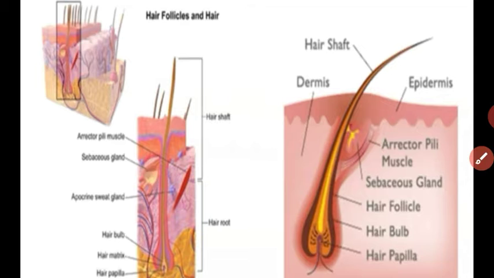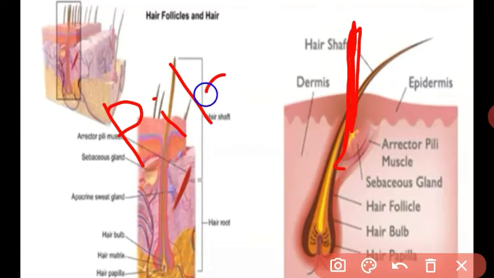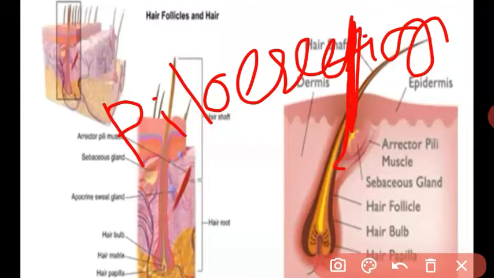In this condition, the hair is standing like that, meaning the hair is erect. This condition is called pilo erection. What happens during the winter season or when you are in an emotional condition is that our hair stands erect. There is a muscle attached from the epidermis to the hair follicle. This muscle is called the arrector pili muscle. With the contraction of this muscle, the hair stands erect.